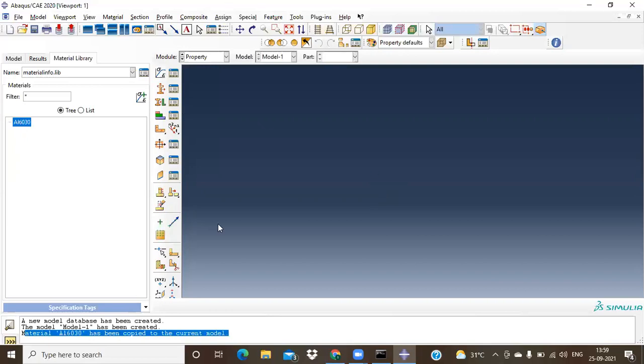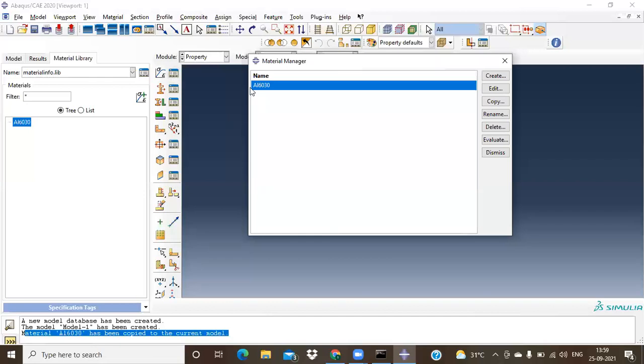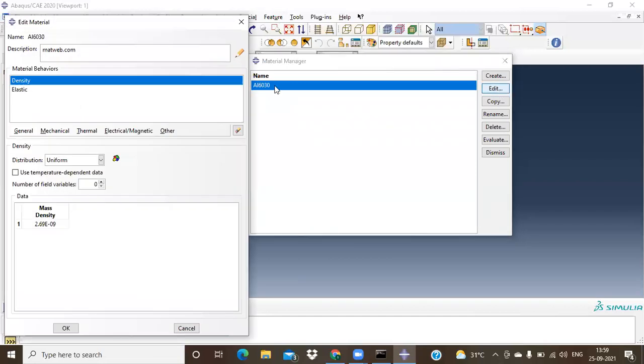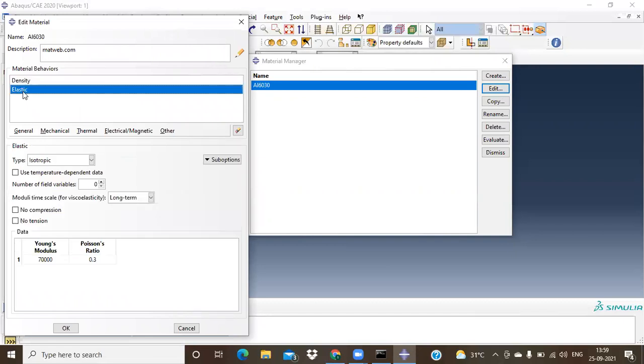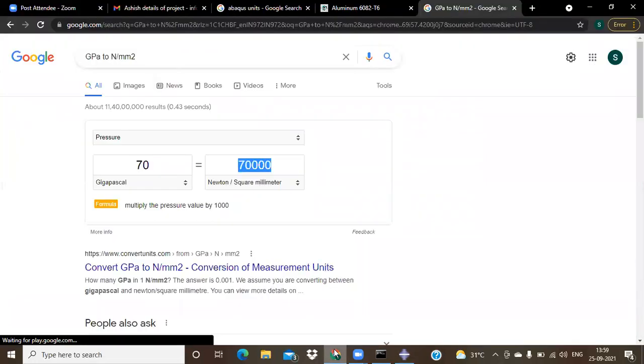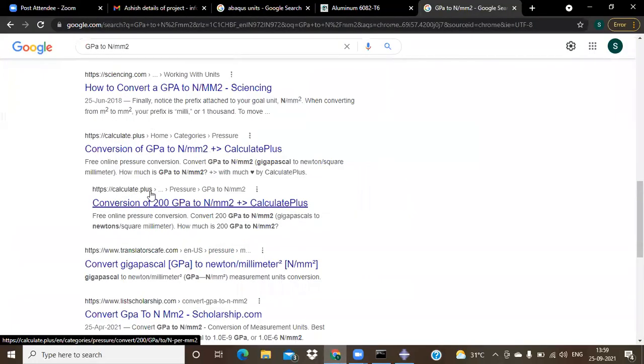Now, we are only dealing with the elastic property, right, sir? Yes, elastic property, Young's modulus and Poisson's ratio. Now I will take you to the plastic also. For this particular material 6030, I have done this one and considered it as elastic. Now I want to go with plastic material properties also to be added for this one. To add plastic calculations, that's where I'm trying to